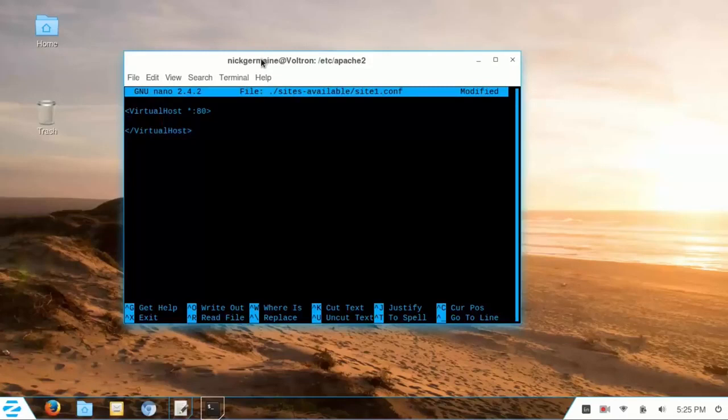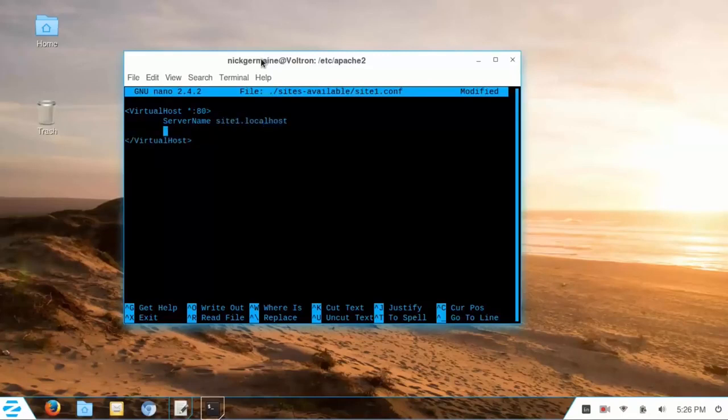site here. So the first thing we need is a ServerName, and this is going to act as the URL or the domain. So if I was going to point example.com to this server, to the IP address of the server, and then once a request, say if I go into a browser and go to example.com, what happens would be that the request reaches the server, and then it parses all these enabled websites to get further information about where the site is stored, and even if you're using modules for it, you can do that in a virtual host as well. For right now, it's just going to be